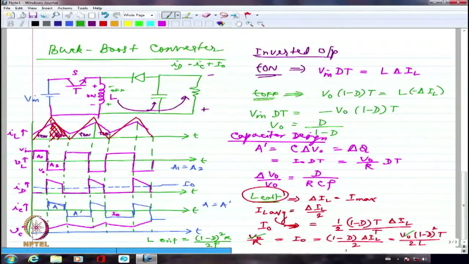So far, whatever we have seen, in all the cases we have assumed continuous conduction, right? At least critical conduction. We have never assumed that the inductor current can dwell at zero value for longer. So let us try to take one case, that is the buck converter case first, where we will look at discontinuous conduction. So buck converter